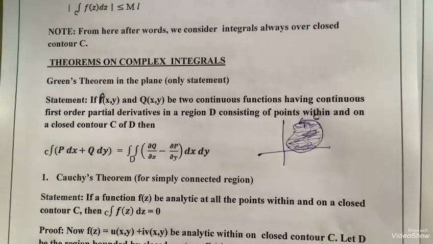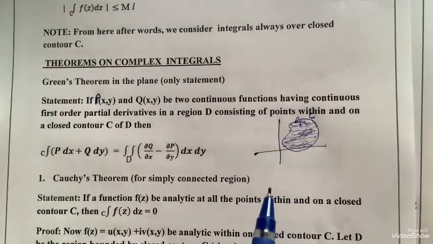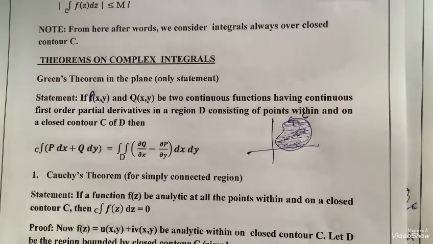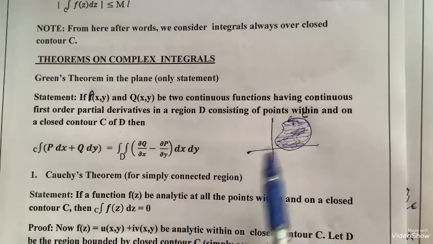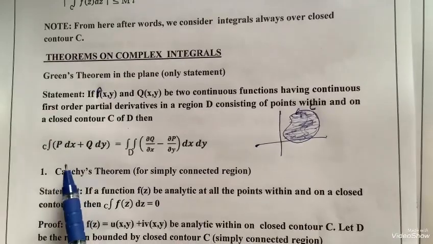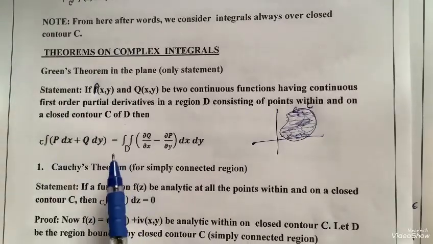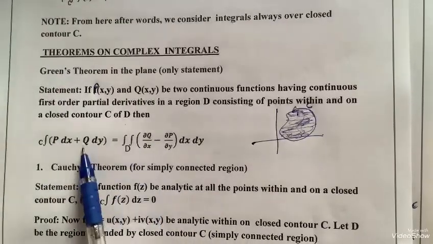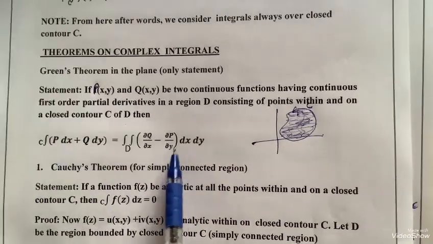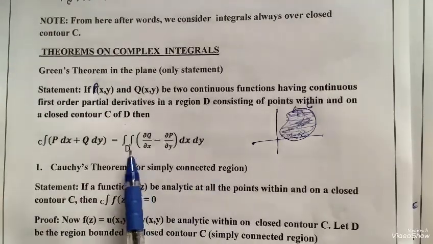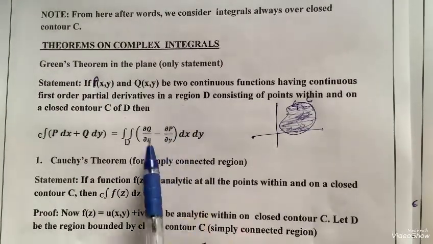This concept you are using usually in all the theorems. So analytic means differentiable, and usually that can be verified. It is not equal to infinity for any value of z within as well as on the boundary. Then Green's theorem states that integration of P dx plus Q dy over C must be equal to the double integration of dou Q by dou x, the partial derivative with respect to x, minus the partial derivative of the first one with respect to y, dx dy. This is the double integral, and the proof is there, but it is out of the syllabus. So this is the statement of Green's theorem.